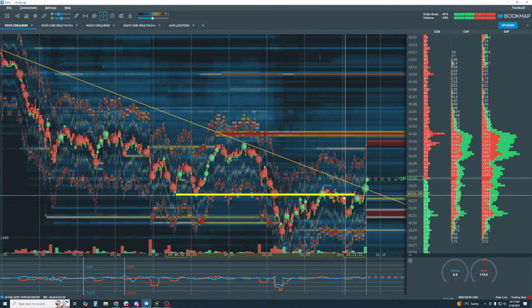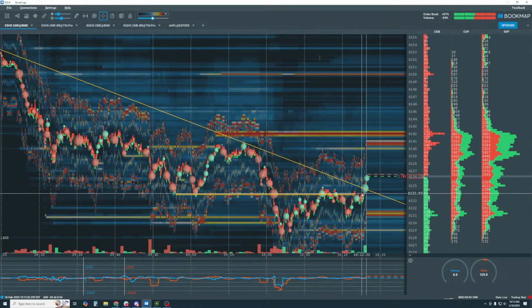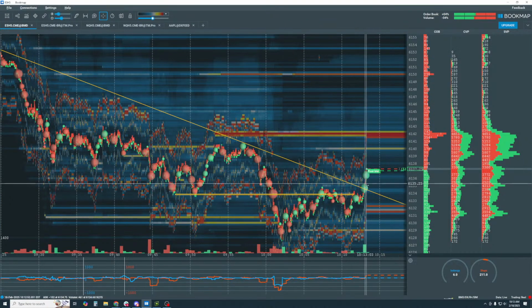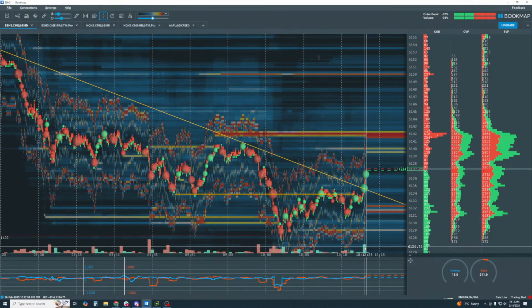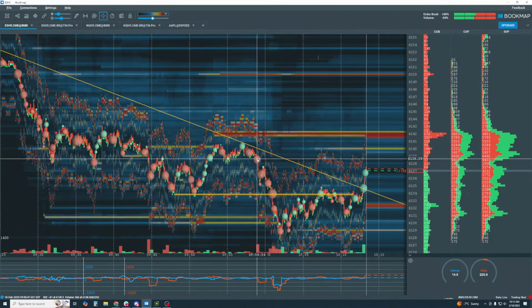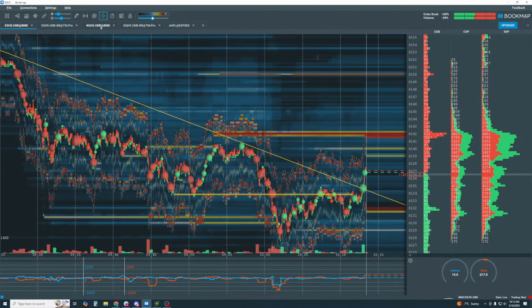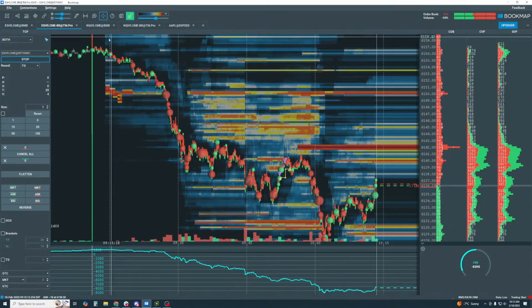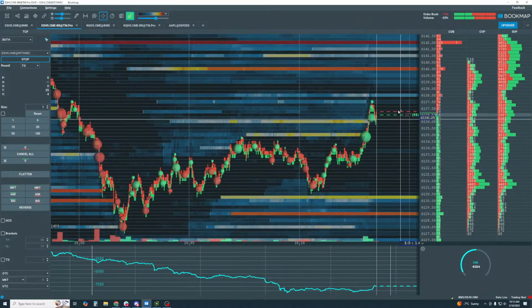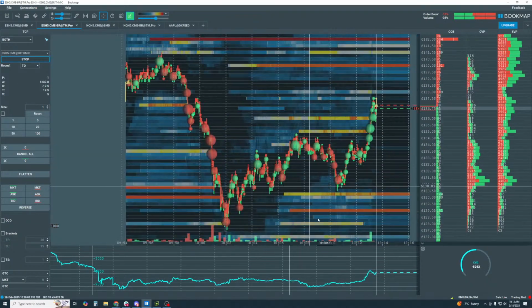Now this is a potential break of structure here. It's breaking it right now, and it's breaking it on high buy volume. So where are buyers going to go? Well, I would look for them to take it right up to maybe this 38 level here. Now just for kicks, I'm going to jump over to Trader Map Lite or Pro here, and we'll look for a small pullback, and then I'm just going to get in.